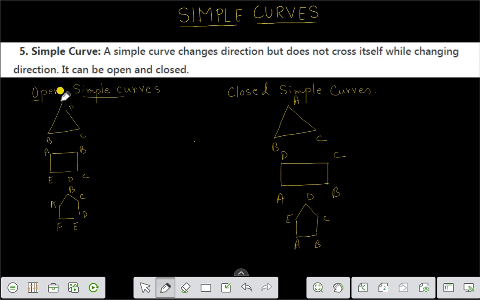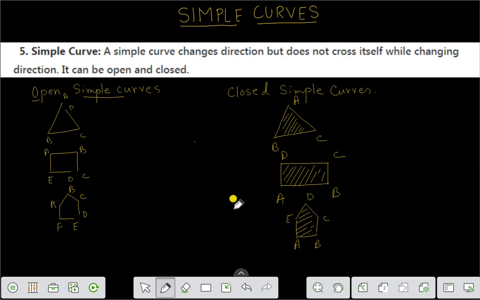This is an open simple curve, and these are the two ends. It has two endpoints A and D. It has two endpoints D and C. It has two endpoints E and D, and this one has no endpoint. Closed simple curves have a particular area also, right? ABC has a particular area like this. This rectangle has a particular area, contains a fixed region, and this pentagon also has a fixed area,